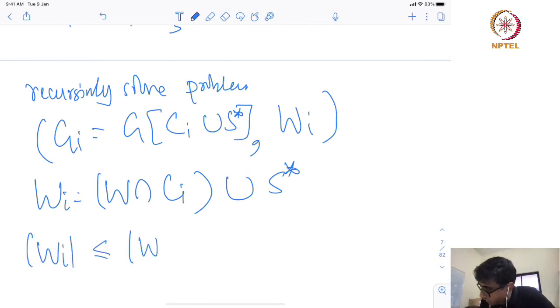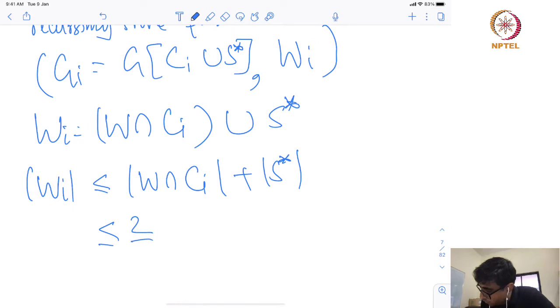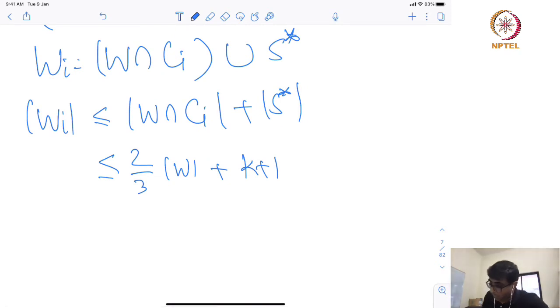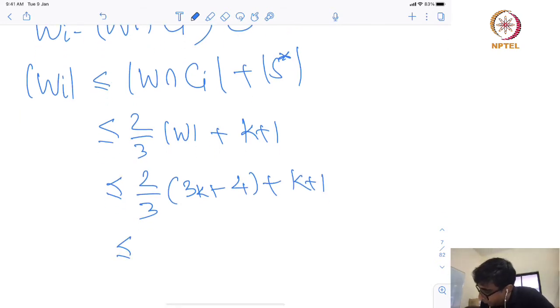Now, what is the size of Wi? Well, of course, the size of Wi is at most 2/3 of W plus the size of S star. Size of S star is at most k plus 1, right? Well, so what is this? 2/3 of W, which is 2/3 of 3k plus 4, plus k plus 1, which is 3k